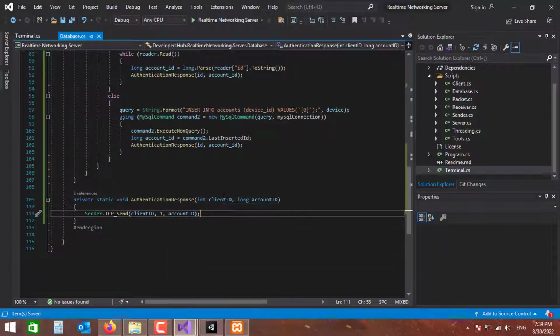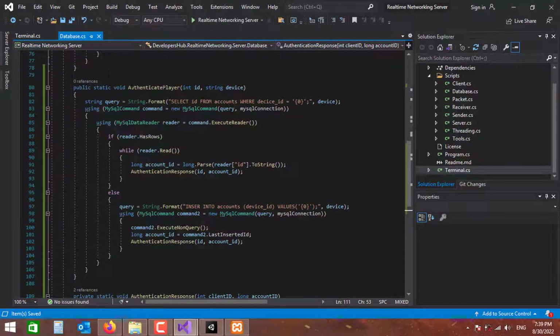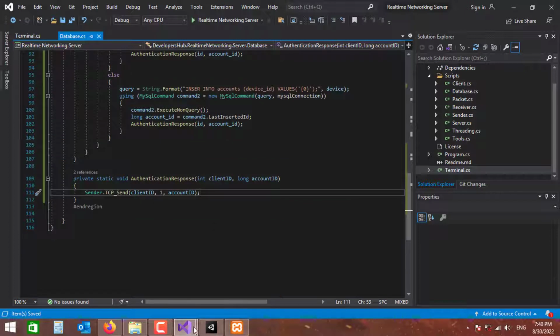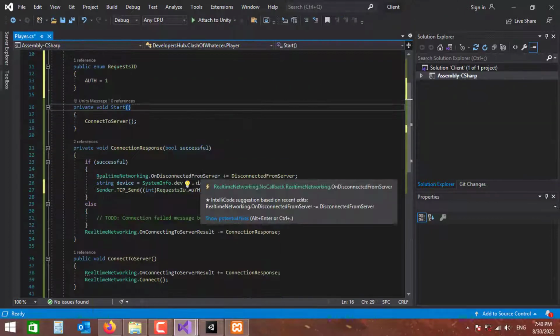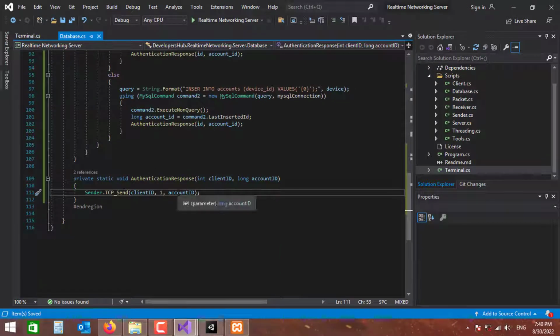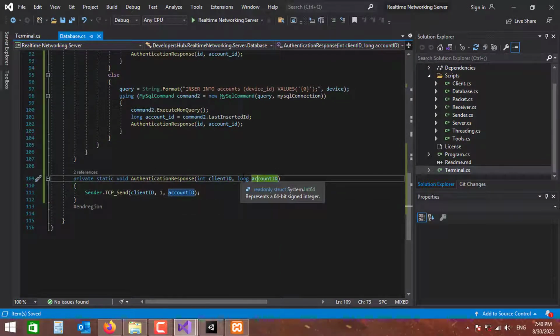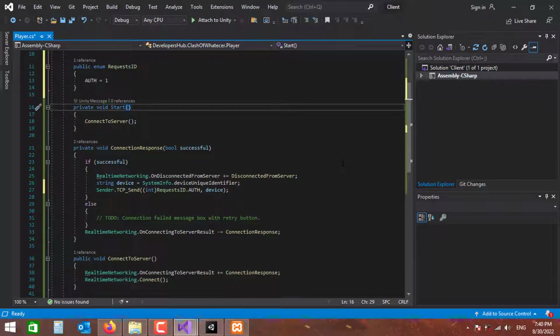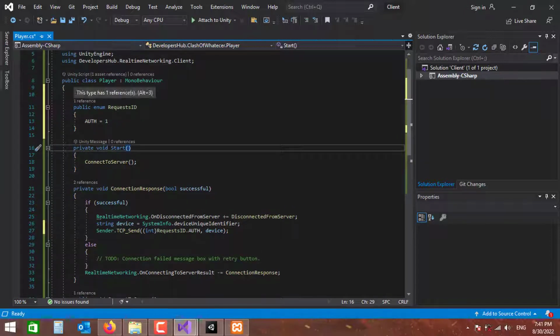You might have noticed that in no scenario are we going to tell the player that he is not authenticated. So now let's go to our client and receive that ID. We know the type of the ID we're sending is a long. It is a long value, so we need to start listening on long values that are going to be passed from the server. So here in the player script, in the start function, just before we connect to the server,